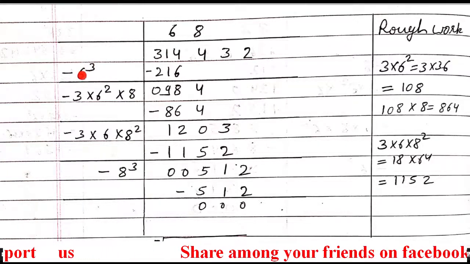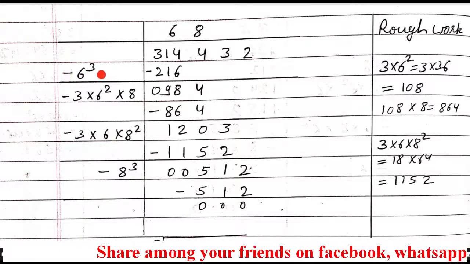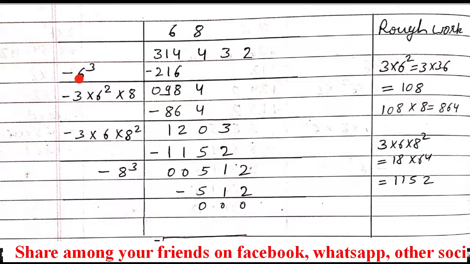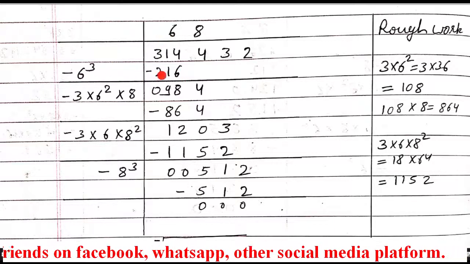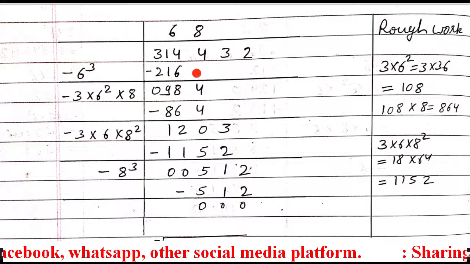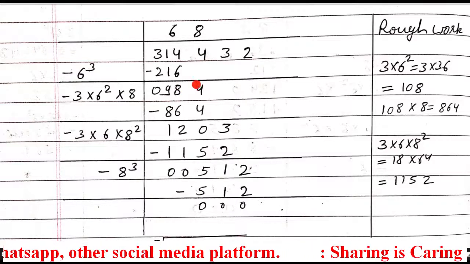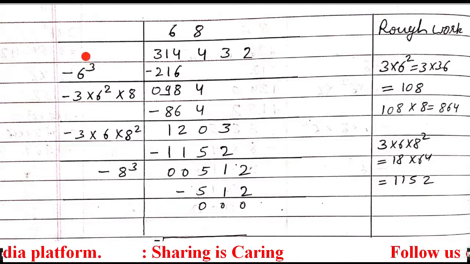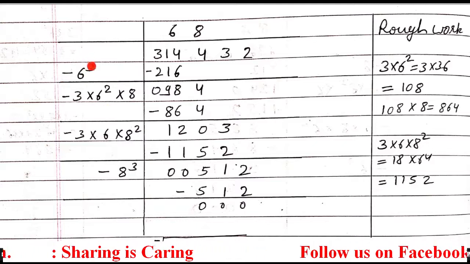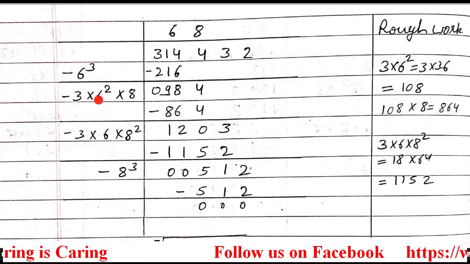So 6 cube, and minus, because we have to subtract here. We selected 6 in the first step, so enter 6 here, and 6 cube is 216. Subtract them, we will get 98, and now the next digit is 4, so 4 will come down, so overall it is going to be 984. Now on this side, this 3 will shift in front, here the power is reduced, so first just multiply them,